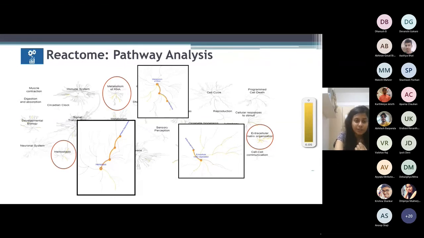So among all the pathways which have been shown here, a major chunk of pathways have been highlighted in 3 regions, mainly homeostasis, metabolism of RNA, and extracellular matrix organization. So since the main aim of this analysis is to find out targets for therapy, I decided to go for pathways which have a lot of clinical relevance. Because extracellular matrix organization had the pathways related to ECM remodeling, ECM organization, etc. Homeostasis had pathways related to blood clotting, fibrin clot formation. On the other hand, metabolism of RNA had pathways related to mRNA splicing, etc.